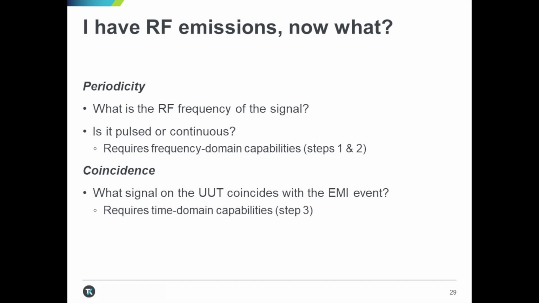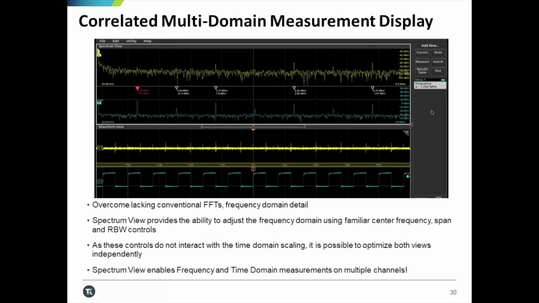Then, once all of the sources and antennas have been identified, we can use calculations and formulas to estimate the far field emission levels and decide which potential emission failures are worth tackling due to them likely to fail at the compliance lab. Fortunately, as I was explaining a little earlier in the presentation, the innovative SpectrumVu feature in the